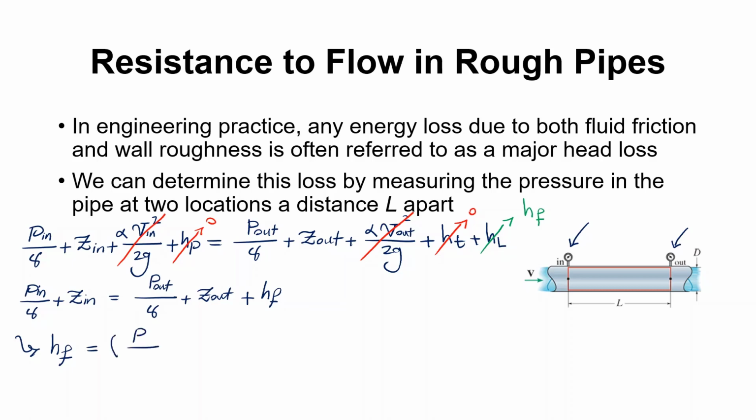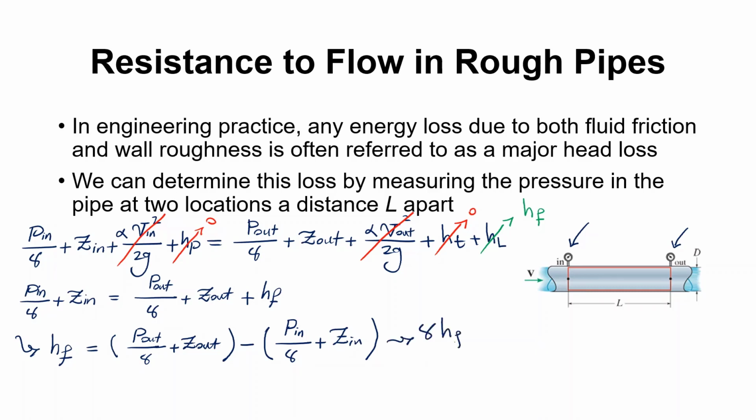Okay. And now HF could be written as pressure head of output minus pressure head of input. All right, so the term in brackets is piezometric head, right? Now, I can write piezometric head in terms of piezometric pressure. So what I'm going to do is multiply gamma, or specific weight, to two sides of the equation. So if I do that, the result would be